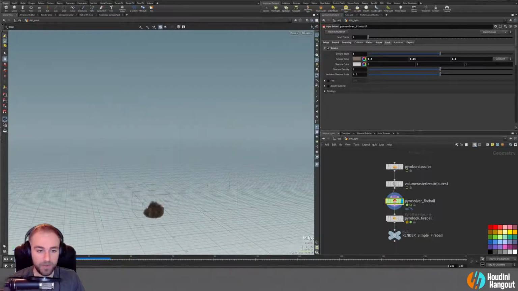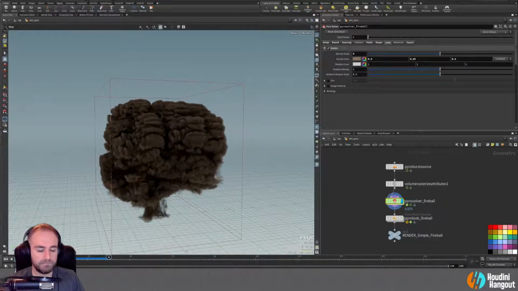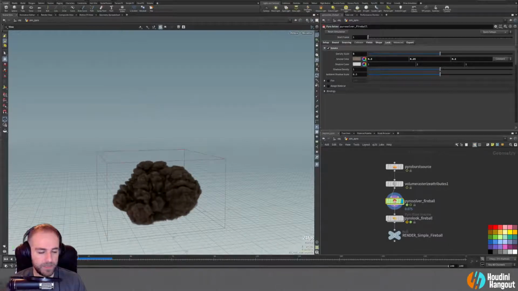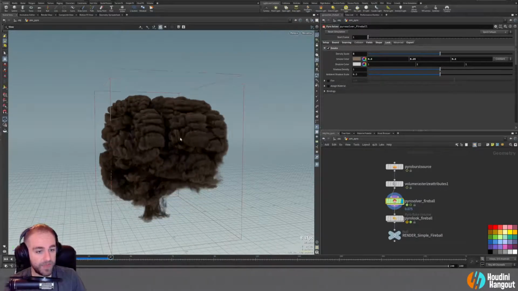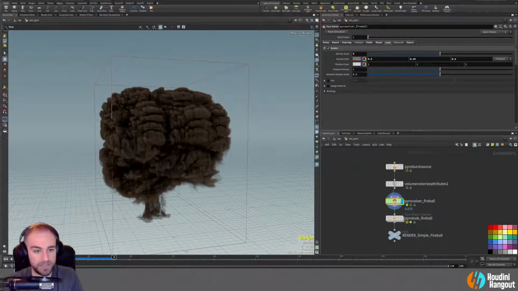It actually plays back quite a bit faster because it's not doing any of the processing of the scatter that's happening inside of the volume. So that can be a little bit of a saving of playback and stuff like that. It'll allow you to play it back a little bit faster. But